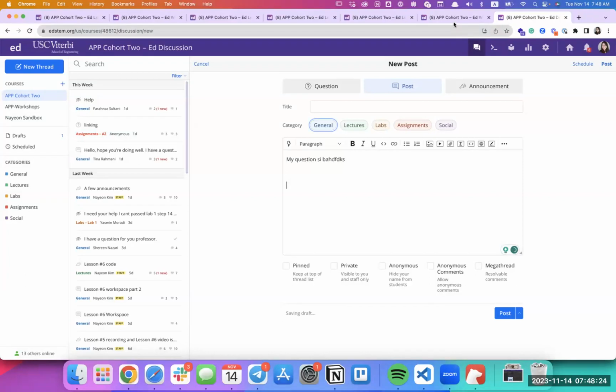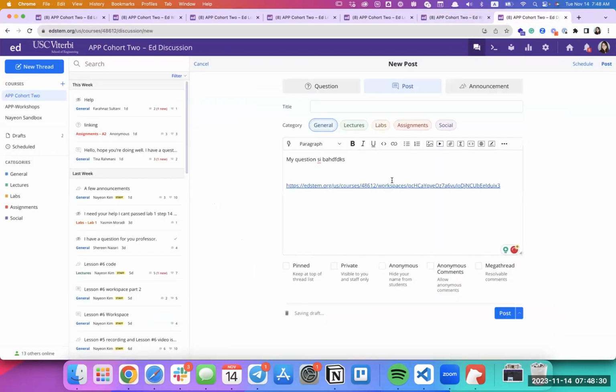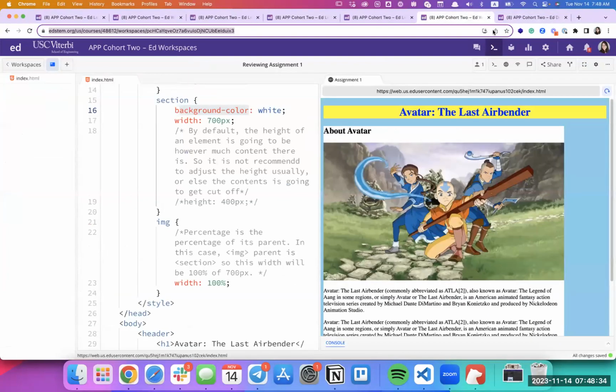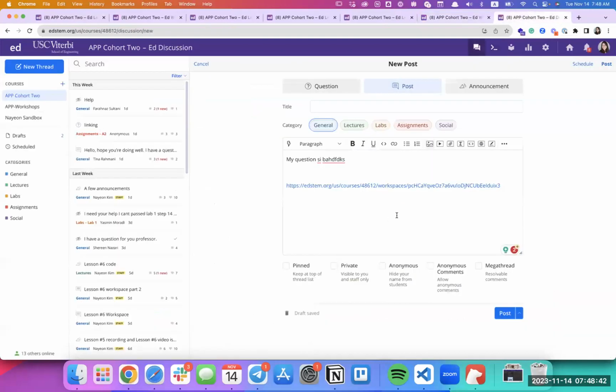And then if you would like, you can also share a link of your workspace like this, and you can paste it in here. And that makes it easier for us to help you with your code as well. You can always click on share and you can invite users, or you can just click allow public access and we can help you. If you can show us your code, we can help you like that as well. So especially when you're working on assignments and you're using a workspace, post the link